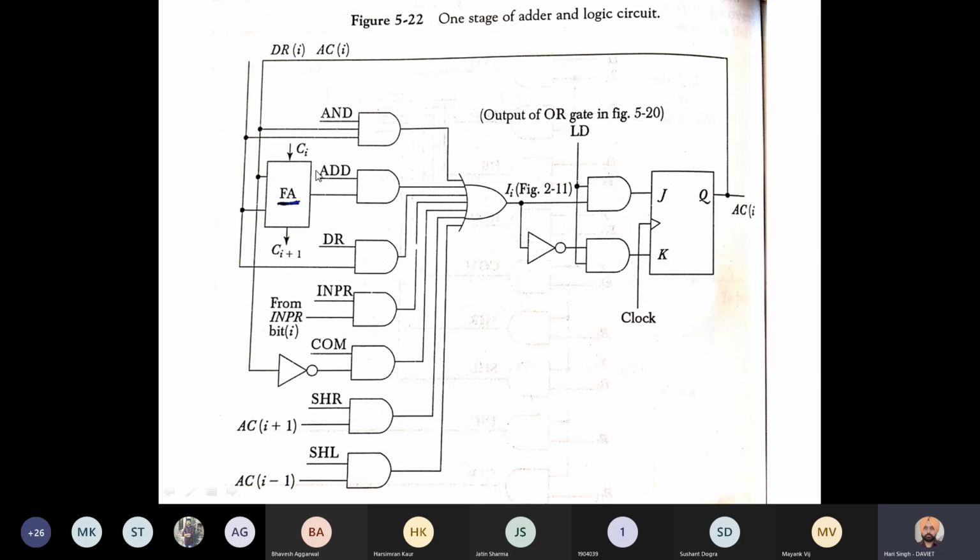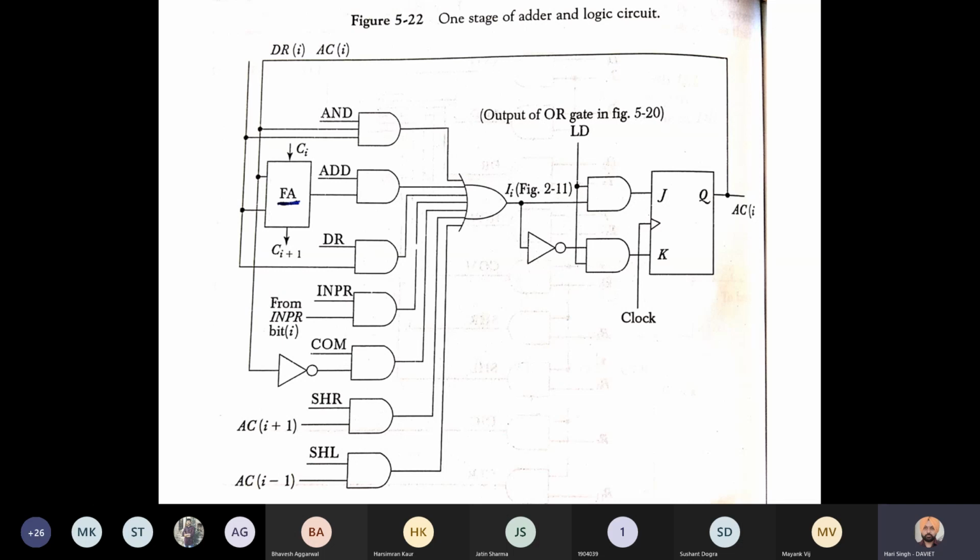To design an arithmetic circuit, we need 16 full adders and 16 flip-flops, one for each bit of the accumulator. For each bit, we can perform an add operation, with information received from the data register, then input from the input register and so on. So this circuit is required for each bit of the accumulator.